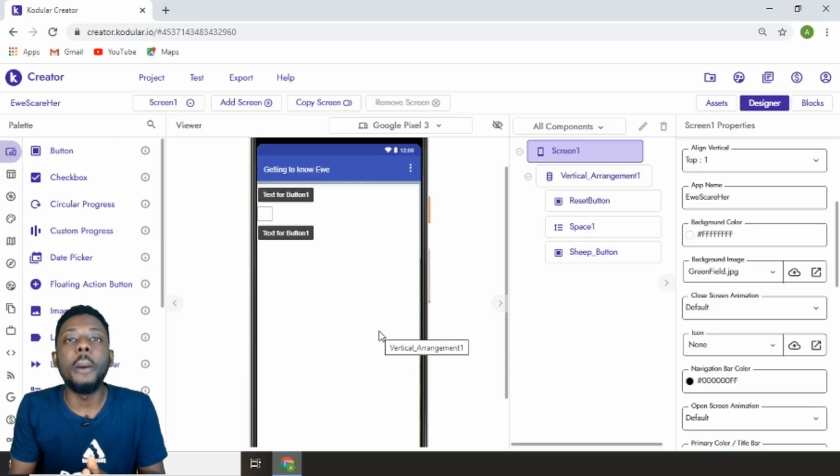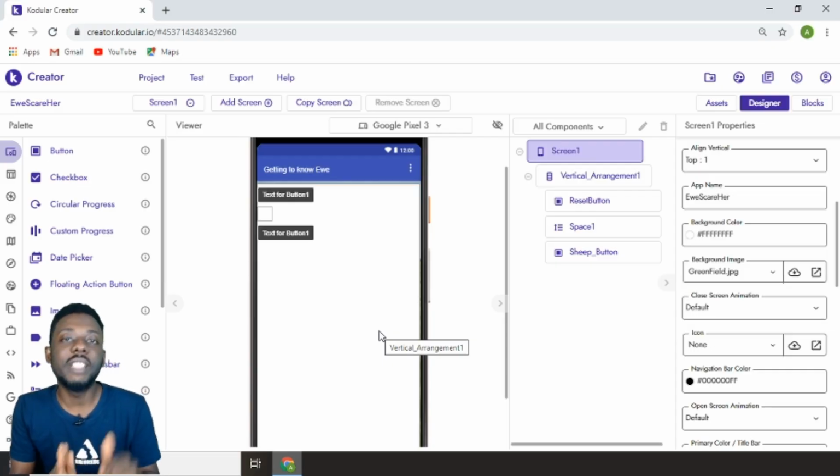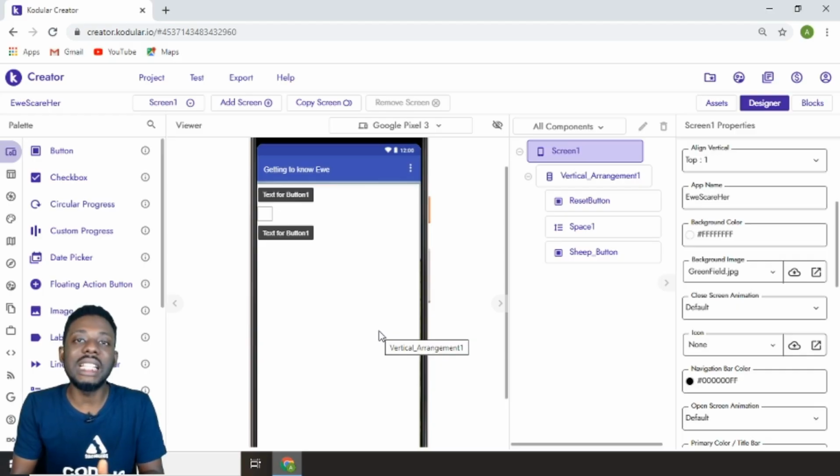The next component we'll be working on is the vertical arrangement. Remember, I told you that the vertical arrangement currently blocks the background image of your screen because we placed the vertical arrangement on top of the screen. So we have to find a way to make this vertical arrangement transparent so that we can see the background